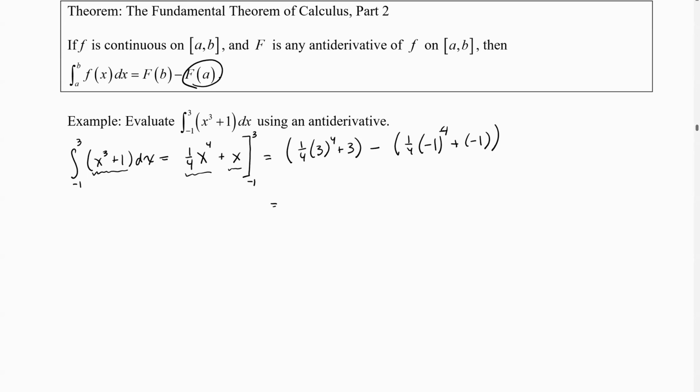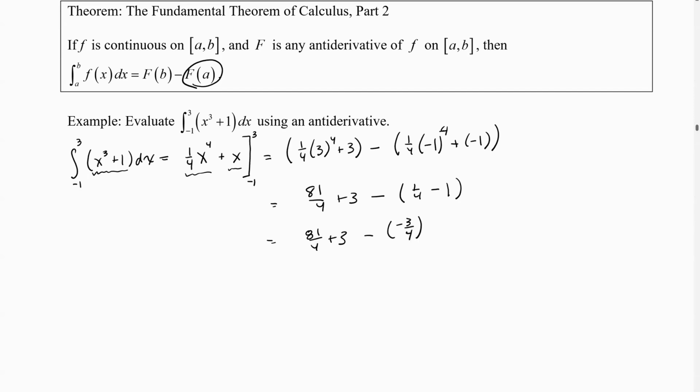All right, let's clean that up a little bit. 3 to the 4th is 81 over 4 plus 3. -1 to the 4th is just 1. So this ends up just being 1/4 and minus 1. See if we clean that up a little bit more. 81/4 plus 3 minus, that would be